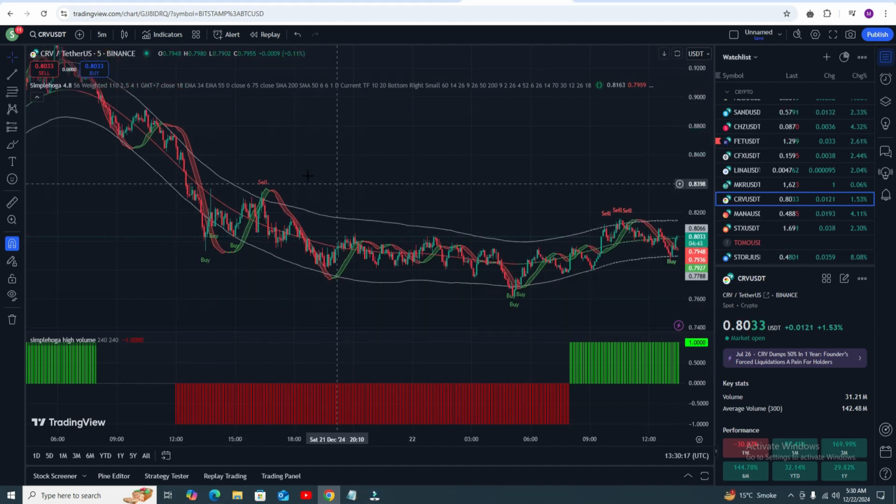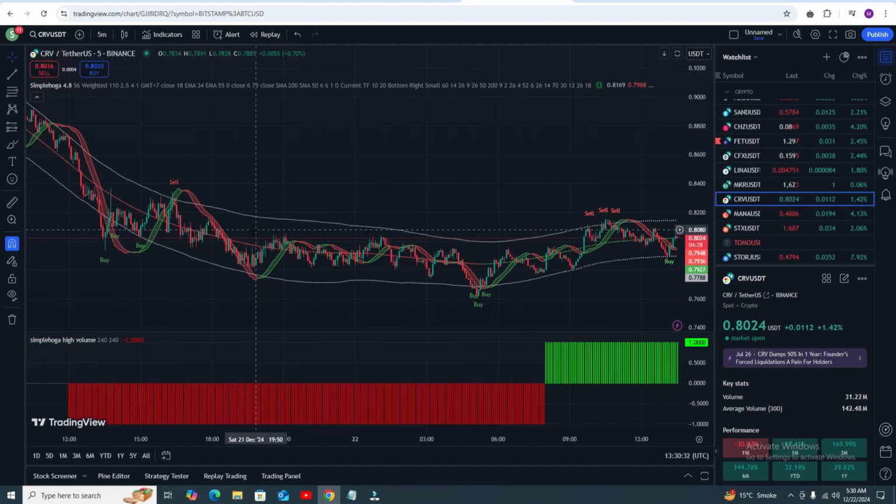So for the complete video, I will show how you can go for the buy and sell trade and how you identify high volume and low volume areas. Here you can see the red columns, that means there is less volume, and you need to follow the sell signal, but there is a more interesting strategy.